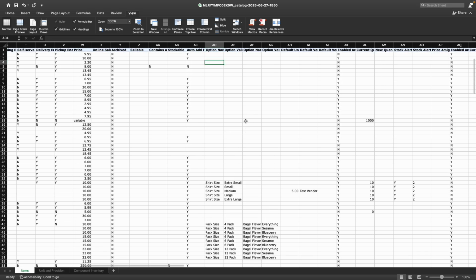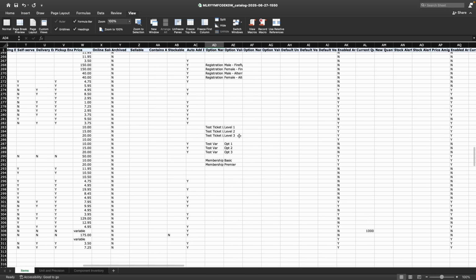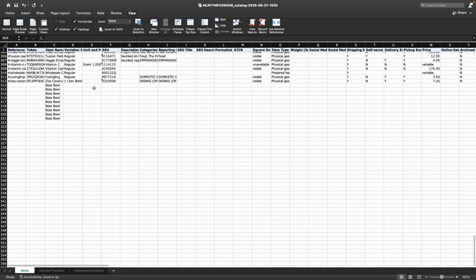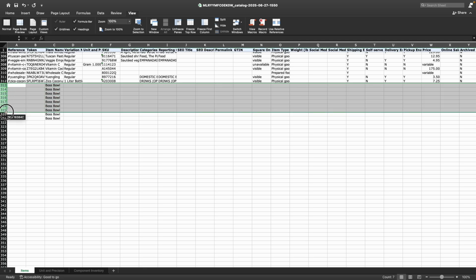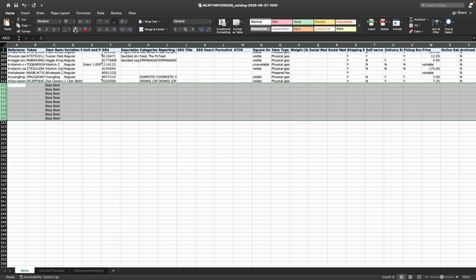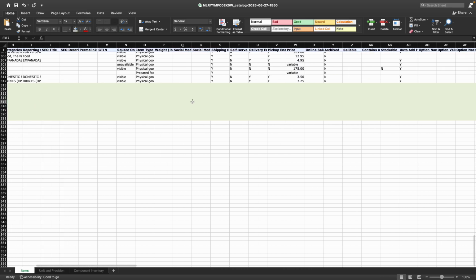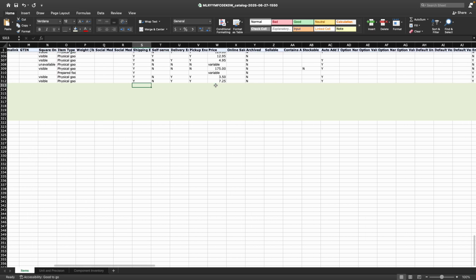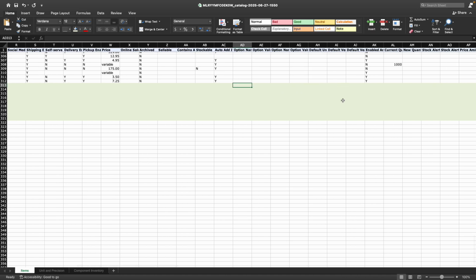So we're over here, we're going to make sure that we navigate this appropriately. Here we go. And what can be helpful too is to add a color, which doesn't affect any of the data, but we can just add, say, a green color so that we can see all the cells we're working with. So this is the first cell we're working with, and we want to find options again. Here we are, option name 1, option value 1. Okay, so then this would be base